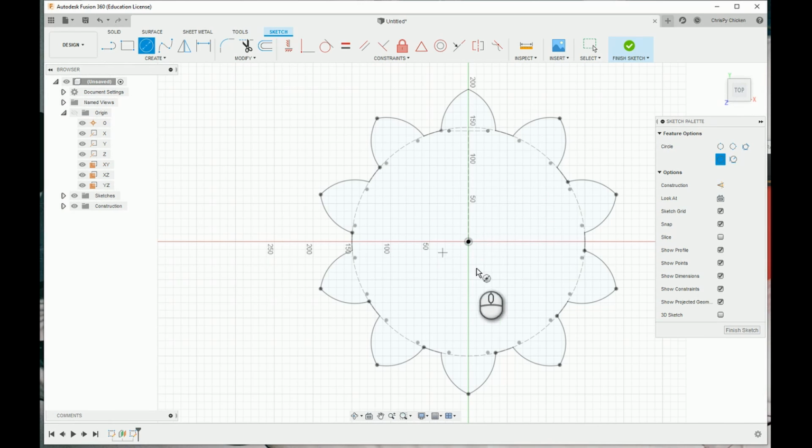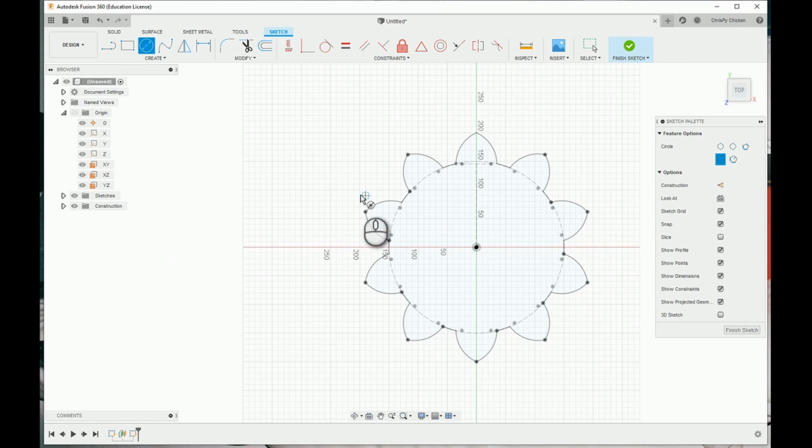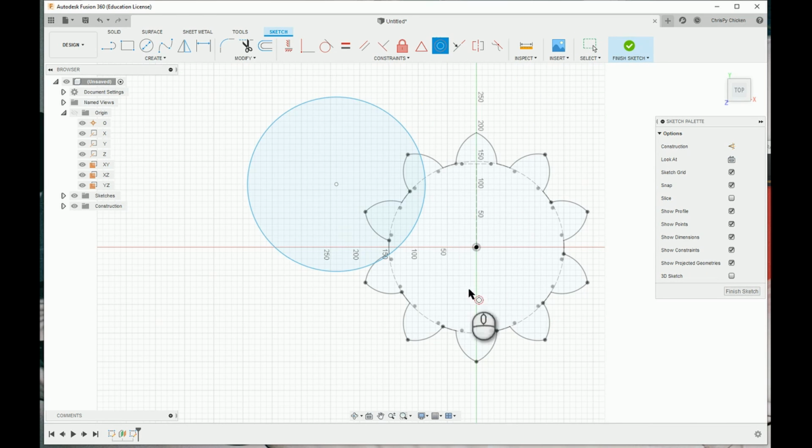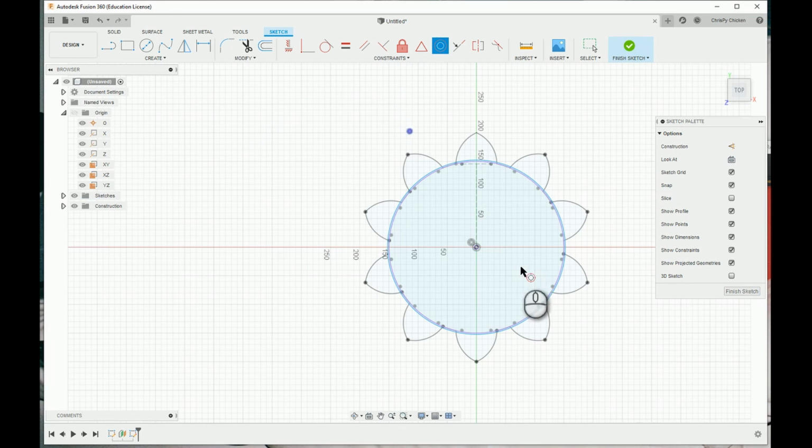Earlier I was running into a weird issue where a random point was coming into here, even though that's not the case right now, and we can just select the origin to make it concentric. You can always just not do that and use your sketch geometry in your first sketch to define your second sketch. Then all you have to do is dimension the circle,